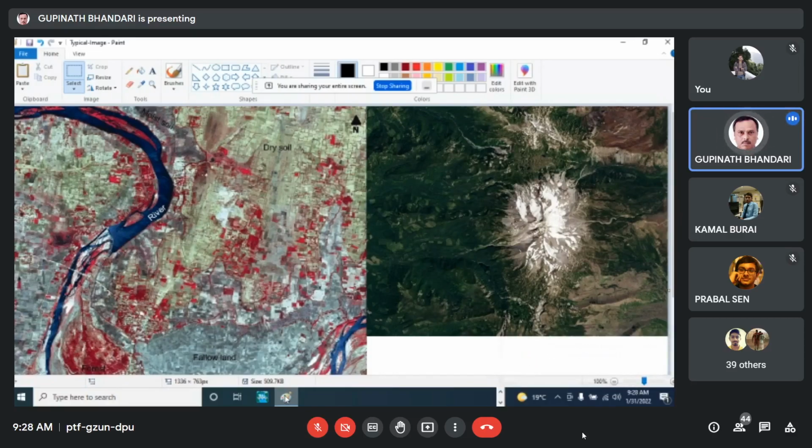You will find that there are different types of scattering: Rayleigh scattering, Mie scattering, and non-selective scattering. I mean, why does scattering occur in the atmosphere? When the wavelength is traveling, there is some conflict between the wave and the suspended particulate matter in the